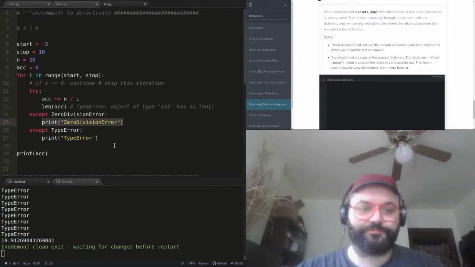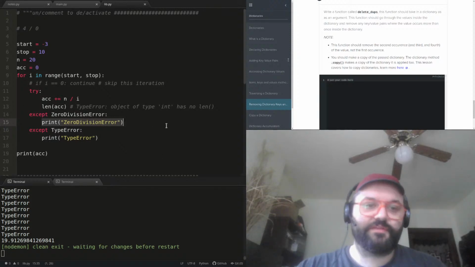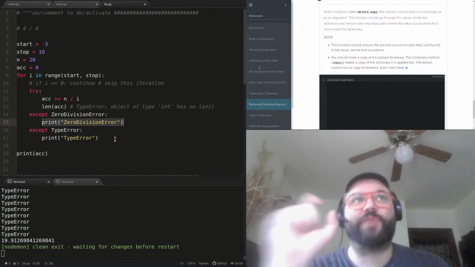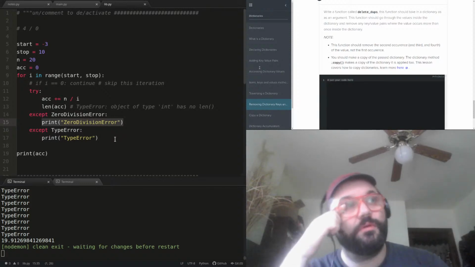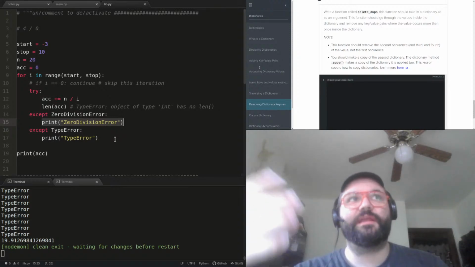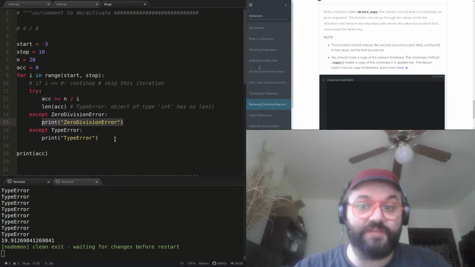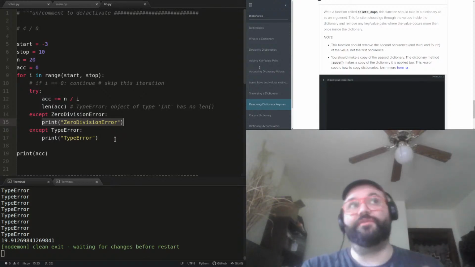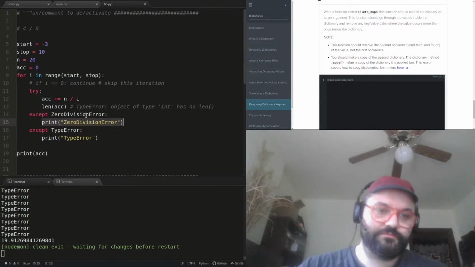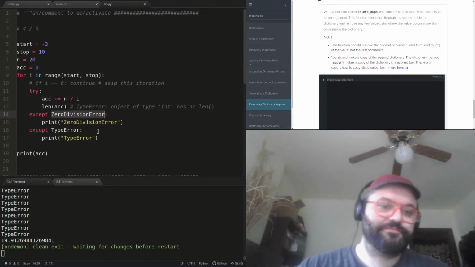Okay, so that's the way I want you to think about it. Pick one error at a time and accept on the errors that you are aware of. And that keeps you thinking about how your code works, and it keeps you thinking about specific ways in which it can fail, and how to handle those as individual cases. That's how I want you to think about it.